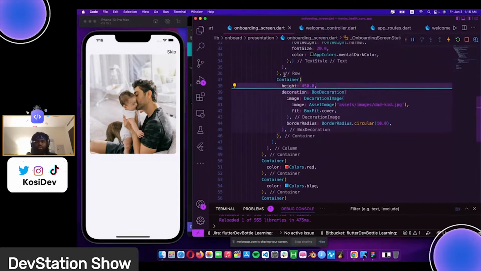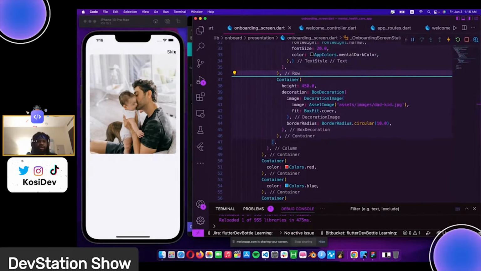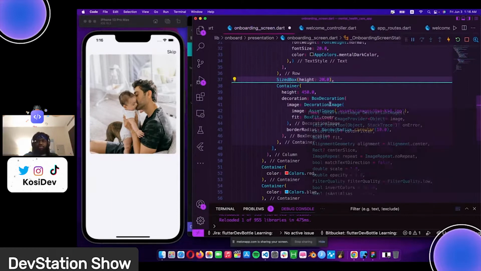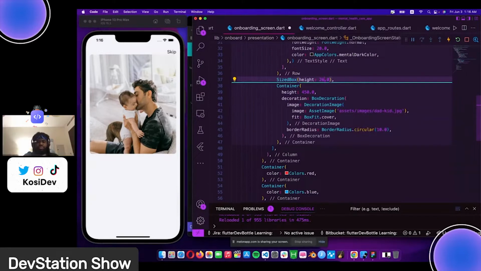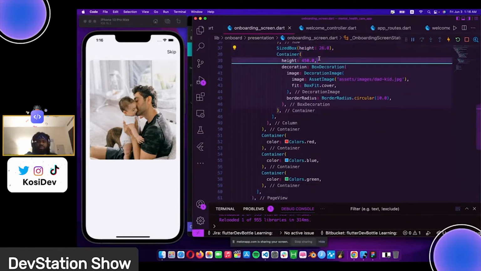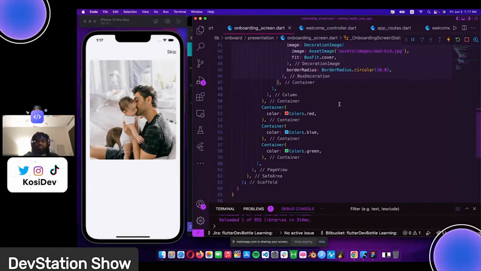And one more thing, so we can give a little space between the skip text and the image. We use a sized box for that. Yeah, there's the space we needed. And so far we added the skip text, the image,